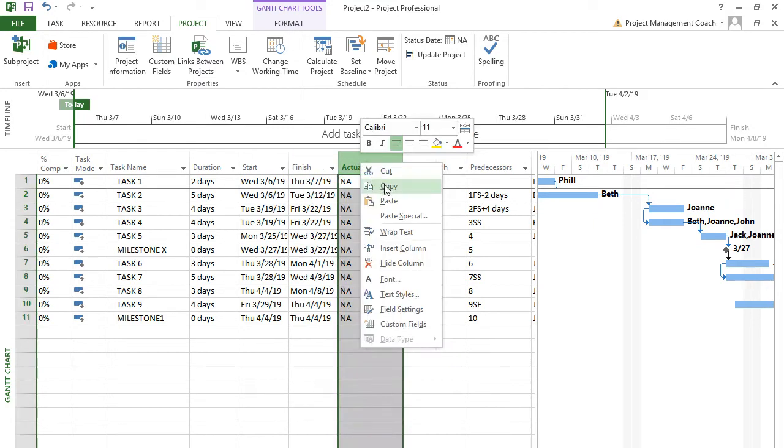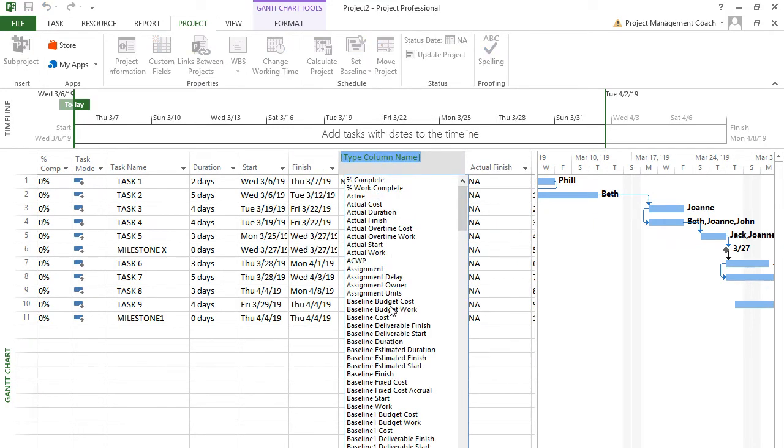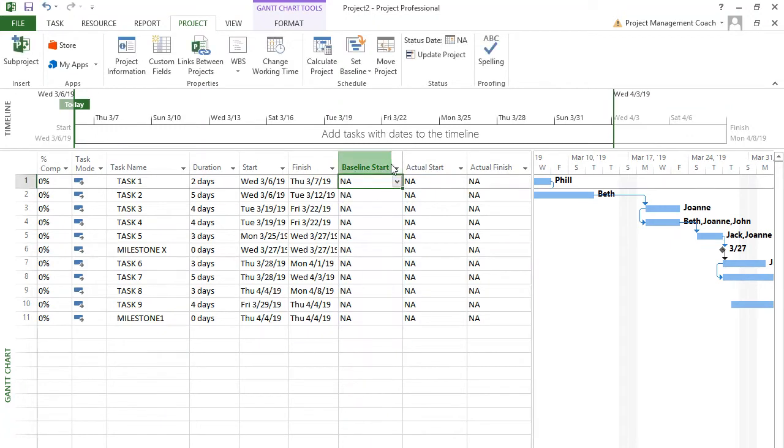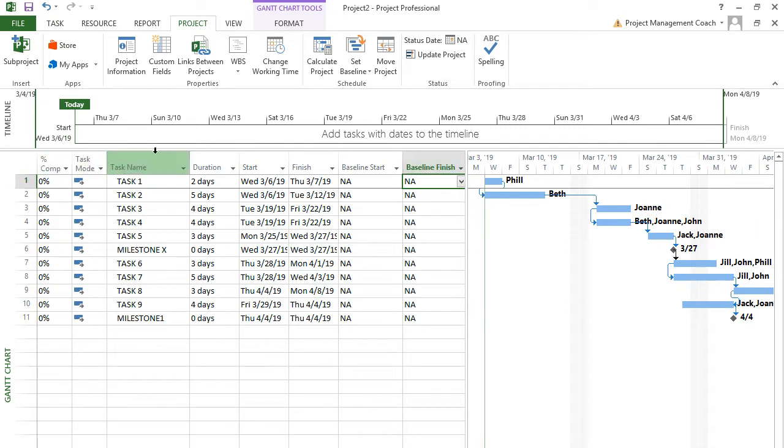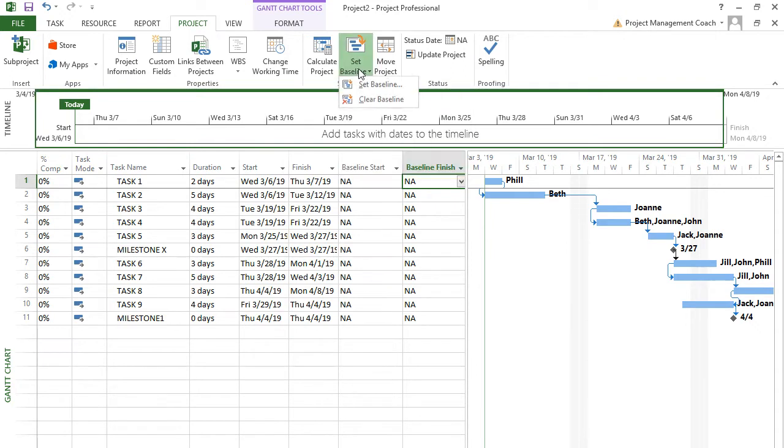And that's why you want a baseline before you start messing around with updating the schedule. So we're going to etch it in stone. So the baseline start is here, and the baseline finish is here as well. All right, so now you got baseline start, baseline finish. Okay? In the world of scheduling, my friends, in the world of MS Project and in the world of the PMI alike, before you begin manipulating actual starts and percent completes and all that, you want to do your baseline start and finish. All right, so we're going to do set baseline,